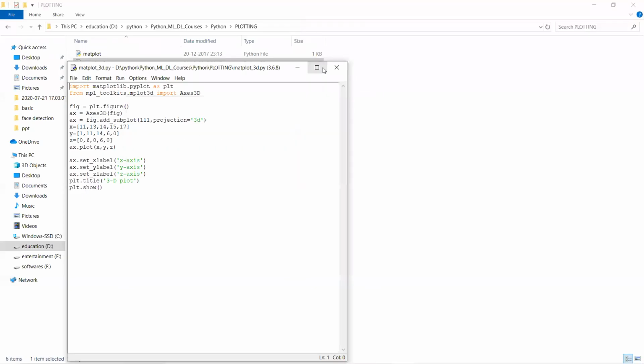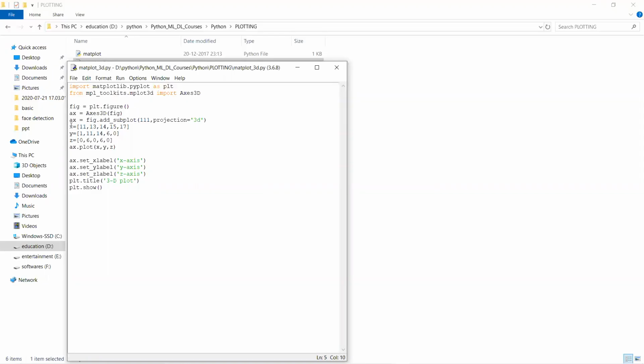For this we have to import another package, mpl_toolkits.mplot3d. It is a package name. For this we have to import Axes3D, which we majorly use in IDLE to plot three-dimensional bar graphs. Okay, so to do these three-dimensional graphs, first we have to generate an empty figure. For that we use plt.figure, an empty figure without anything. We store that in the variable figure. This empty figure we are going to create as three-dimensional by using this package Axes3D.